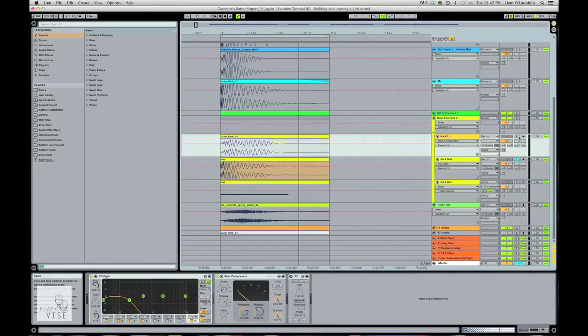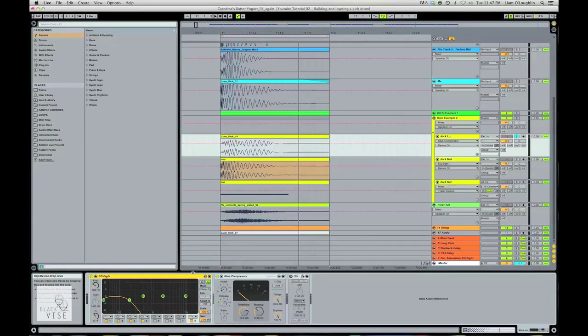And on the low layer, I've applied quite a bit of low passing, just with a simple Ableton EQ. If I were to quickly turn this off, you'll hear that this sound was very predominantly a low sound anyway. There wasn't a lot of high-end information on it. This is what it sounds like with and without. So there really wasn't much there, but I wasn't interested in what was there anyway,